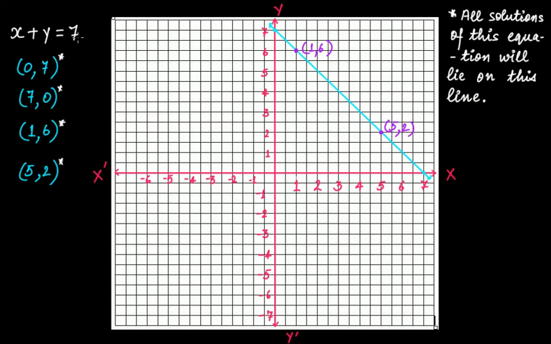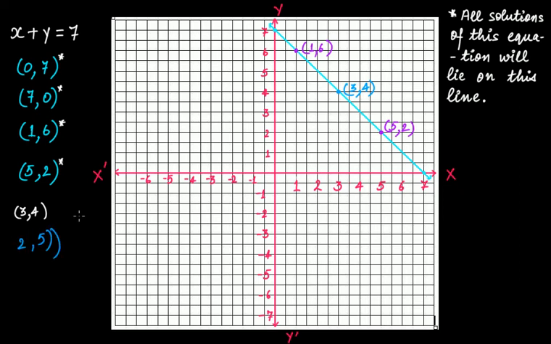to 3, you'll get y as 4. So if you take x equal to 3, then y is equal to 4. Let's plot it. So x is 3 and y is 4. So we are here, 3 and 4. Let's take y equal to 5. Then if you take y equal to 5, then your x will be equal to 2.